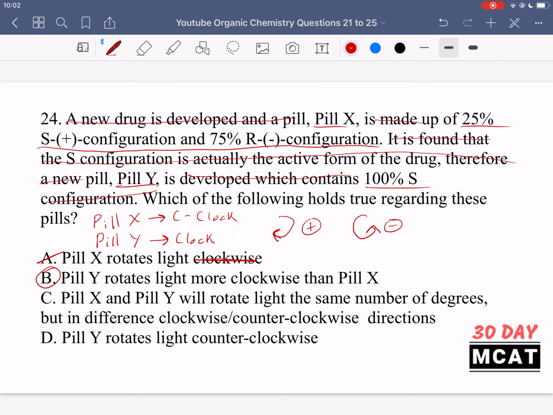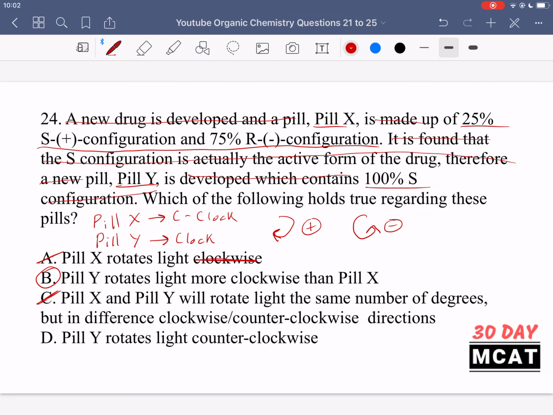Option C is saying pill X and Y will rotate light the same number of degrees, but they differ in the clockwise or counterclockwise directions. That is incorrect. That would only be correct if I had one pill which is 100% one enantiomer and another pill which is the other enantiomer. But we're not talking about two pure enantiomers here. Only pill Y is a pure enantiomer. Pill X is not a pure enantiomer. It is somewhat S and then somewhat R. It's not a full racemic mixture, so it does have some polarity, but it's not a pure enantiomer, and so we can't really say that statement is true, that they rotate light the same number of degrees in opposite